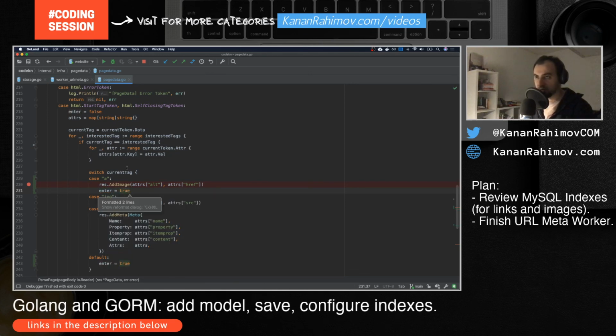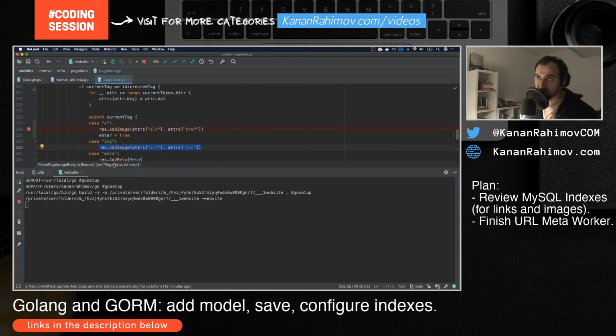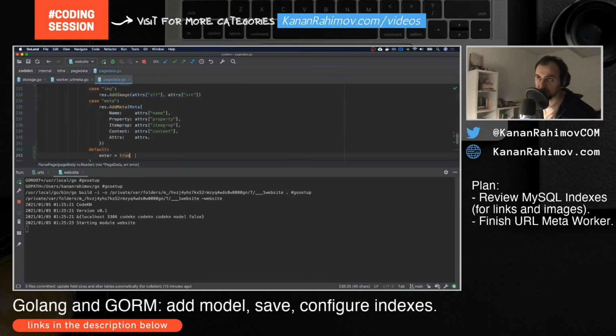But what I know for sure is that this part doesn't work properly. So even if I mark it as a current tag, for some cases text tokenizer will be not for this current tag, but for something which embeds this current tag. So I need to think how we can distinguish these two use cases. But this part is already fixed. Let me run this and see. By moving this enter from top level to this default level, it should already fix the use case